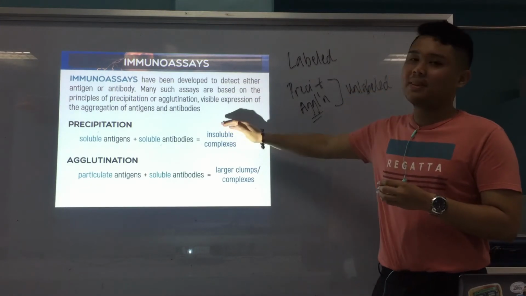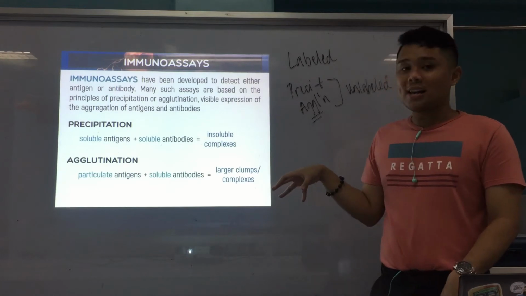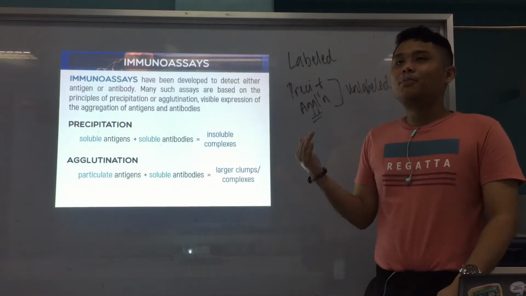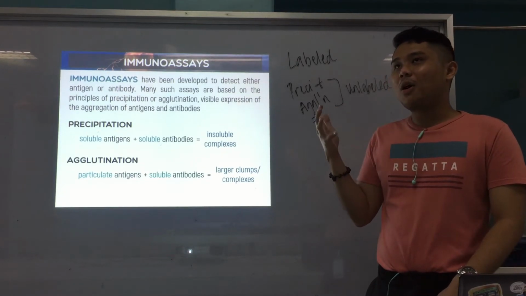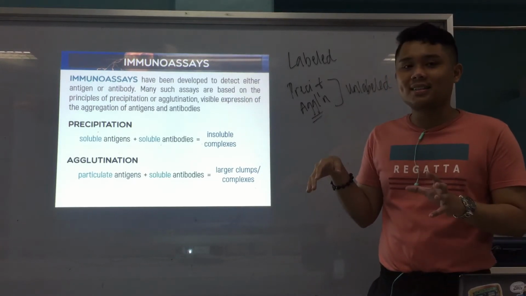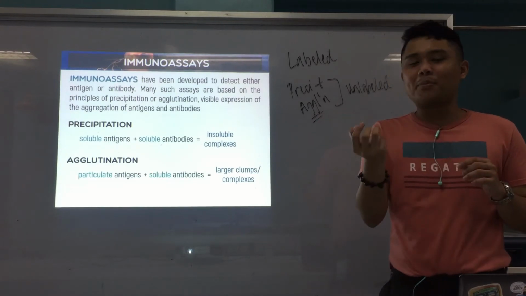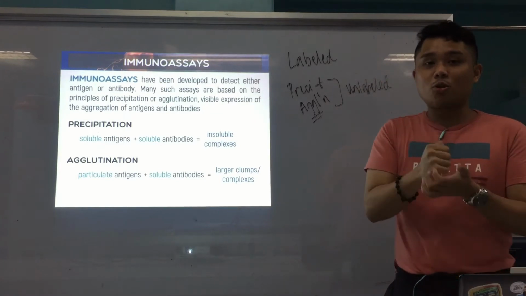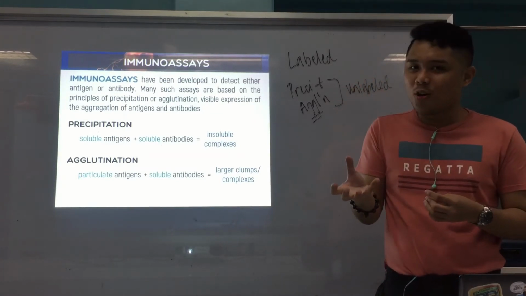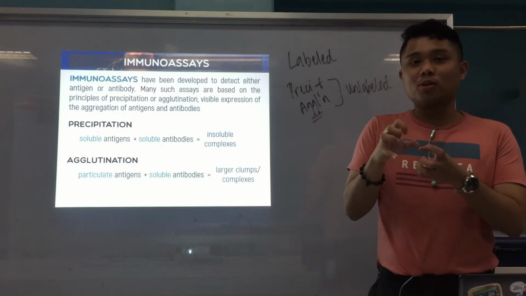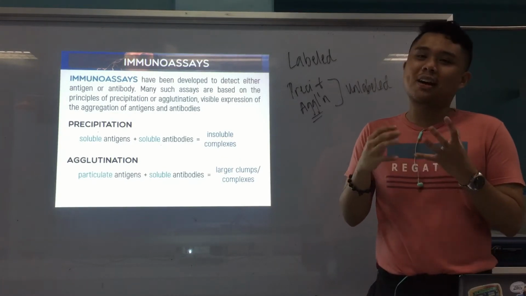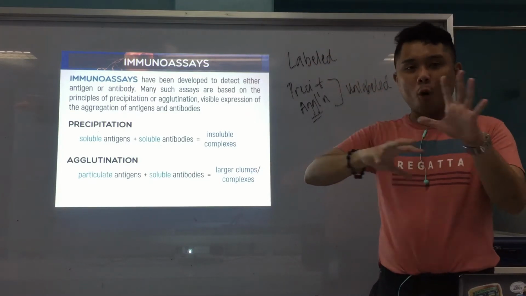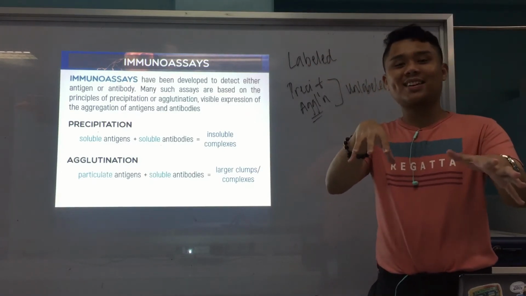But we'll focus more on precipitation: soluble antigens and soluble antibodies. Both of them are in solution, forming insoluble complexes. As a third year, how I differentiated them was by size, or their composition. Usually the focus is on the antigens. For agglutination, they're usually solid, so in a way, large. But for precipitation, they're soluble, in solution, so they're somewhat smaller. But again, I think that's not correct. It's just to differentiate the two. I hope you get the difference.